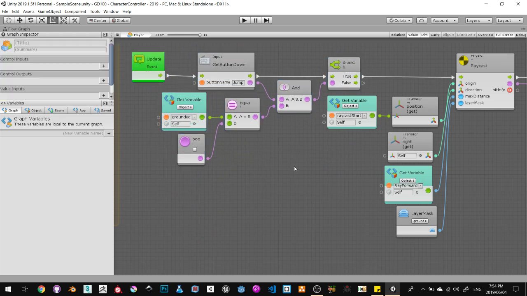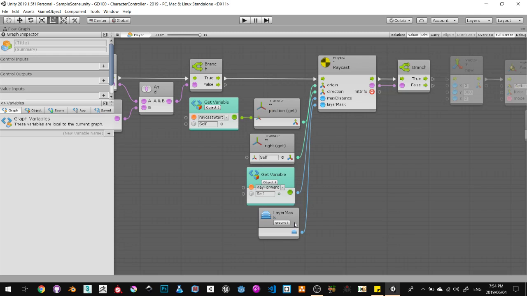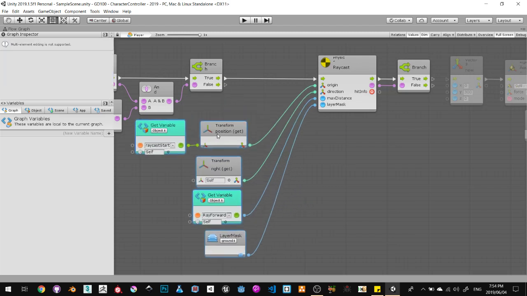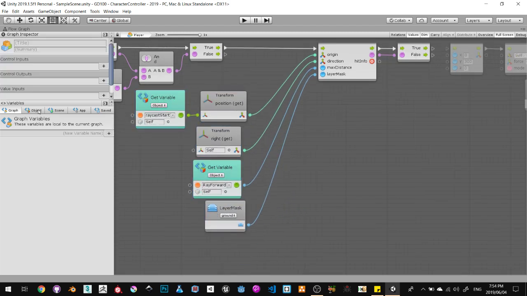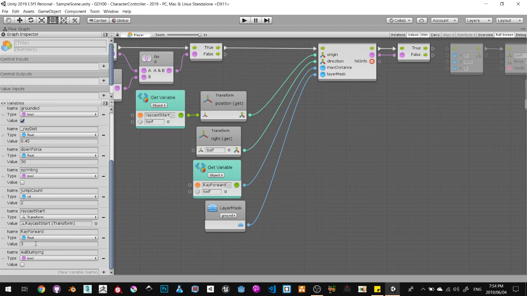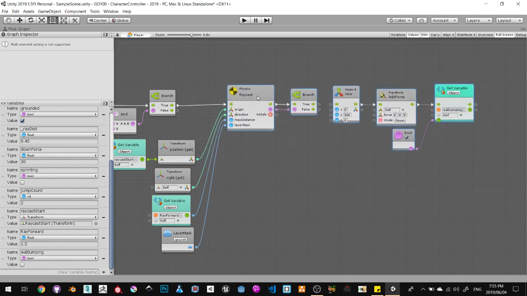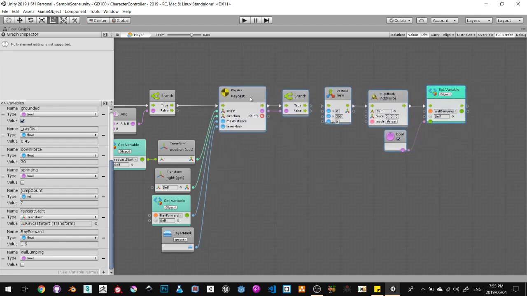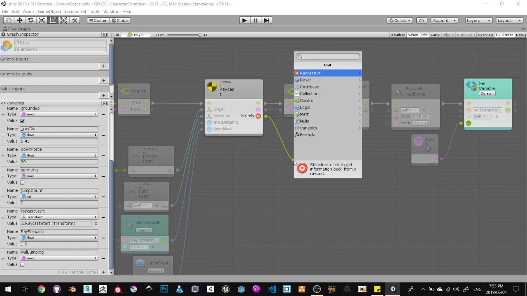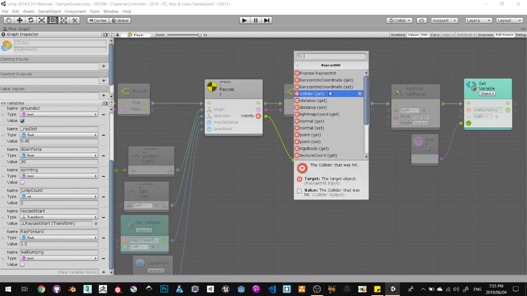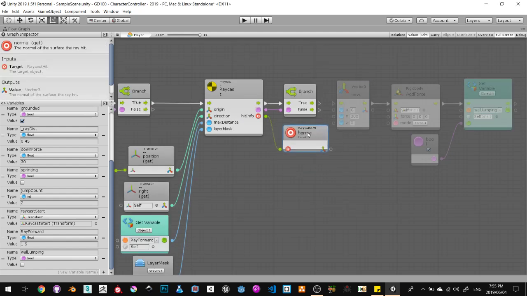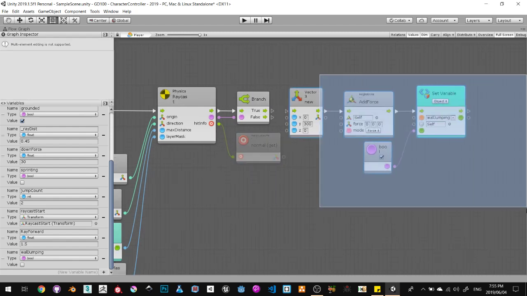Now that we know that the character is moving in the right direction, we're getting all the right information. Now we just need to change that jump forward ray to be half of it. Let's go 1.5 for now. Okay. Now that we have that, we're going to get the normal. So we're going to drag from here, go to the raycast hit, and we're looking for normal. We're trying to get the normal. And the normal is what we're going to multiply